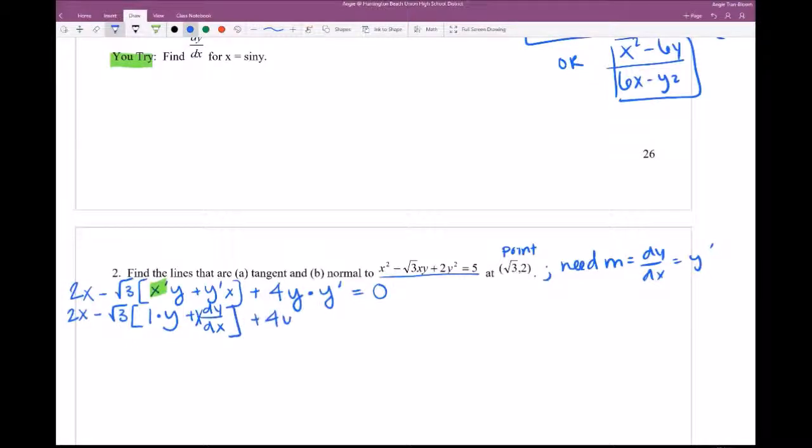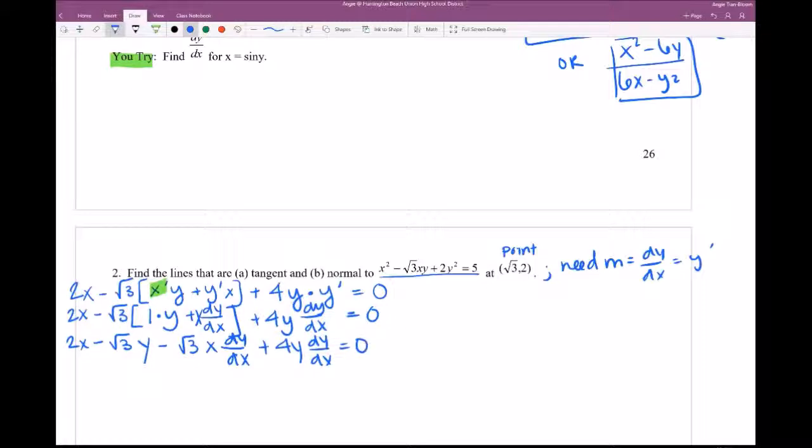Plus 4y, change y prime to dy/dx again, because it's the same thing. You don't have to. I do it so I know that I want to make sure dy/dx is always on one side. Then from here, I'm going to distribute the rad 3. So rad 3 times y is negative rad 3y minus rad 3x dy/dx plus 4y dy/dx, okay, equal